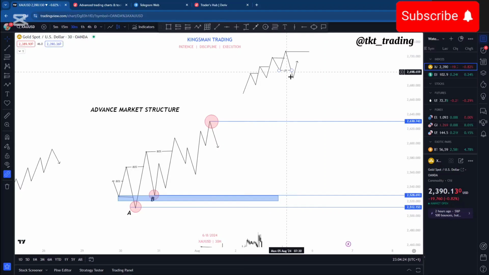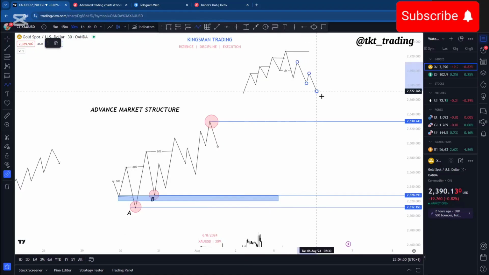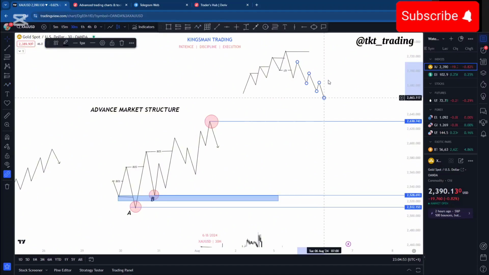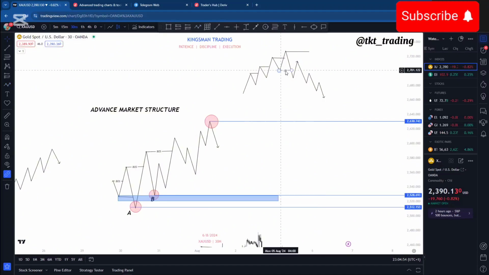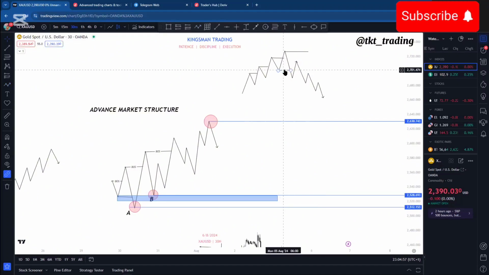But this is not actually valid, because sometimes you can see a situation whereby price is going to give us this change of character, which is going to signal a reversal, meaning that price wants to change from an uptrend to a downtrend, whereby we want to be seeing price start heading lower like this, creating new lows, lower low, higher low, lower low. This is what we expect, but this one change of character is not valid because of the